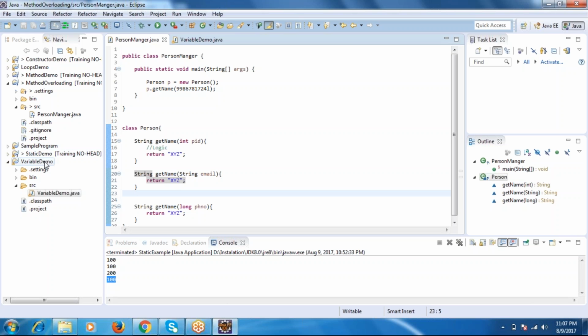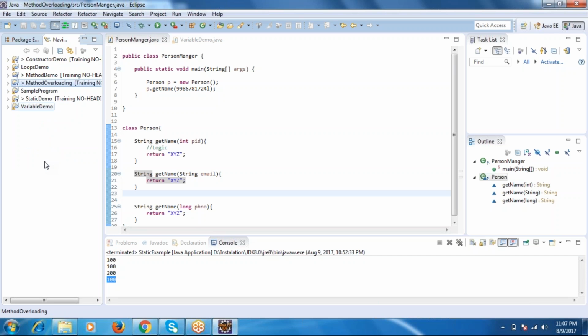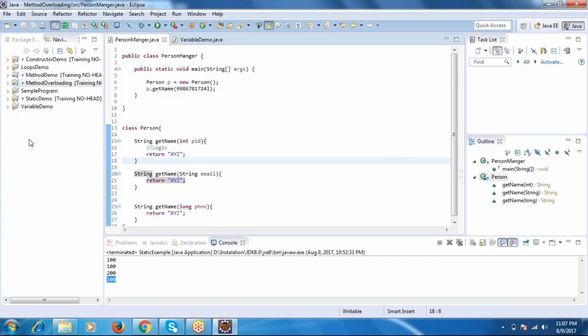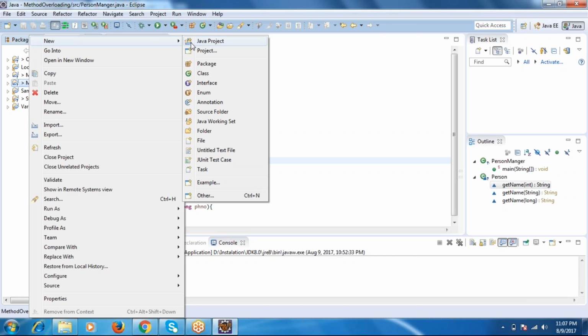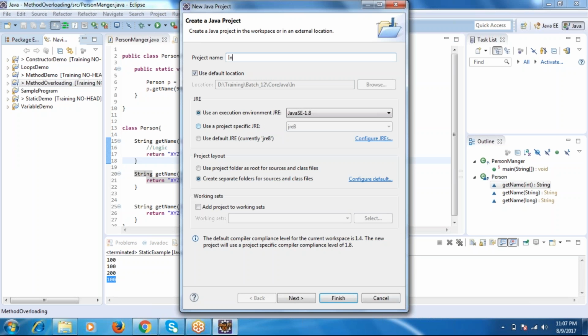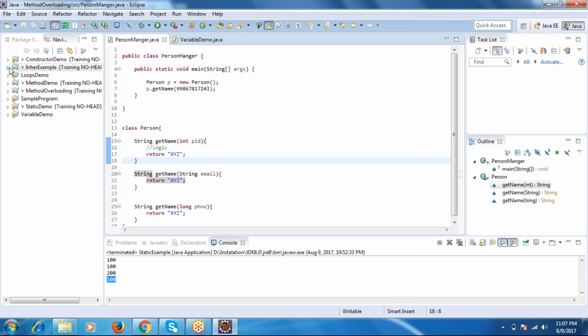Okay, fine. If it is clear, then we will see another small topic. So the next topic is inheritance. This is also a small topic and also very important. Okay, now let me